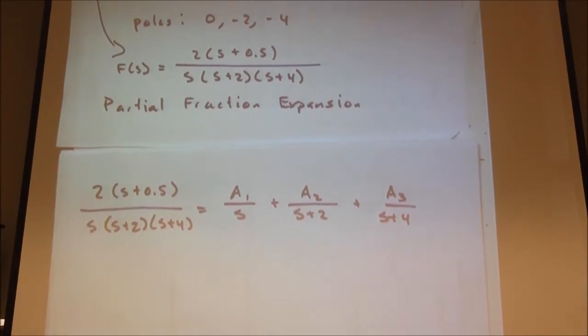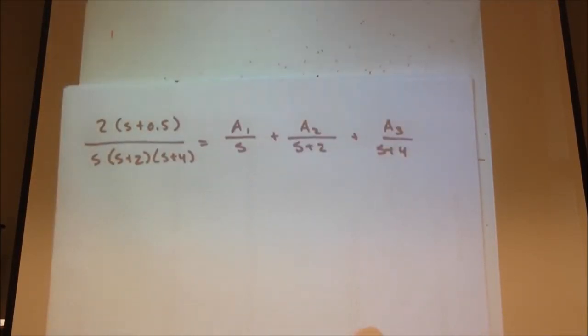In the denominator of each of these terms, we have our pole. So the first term is the pole equals 0. The second term, pole equals minus 2. Third term, pole equals minus 4. Now, why do we care about that? Well,